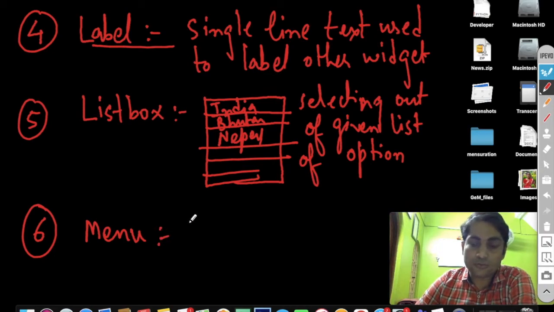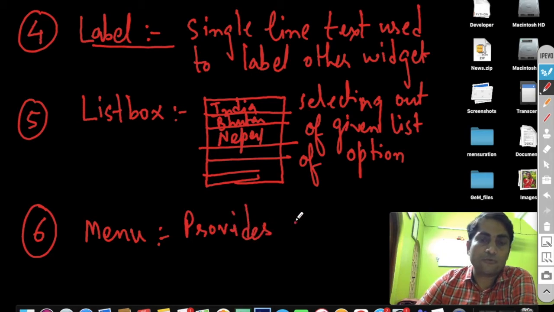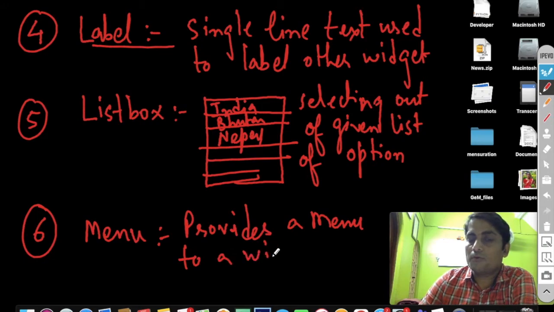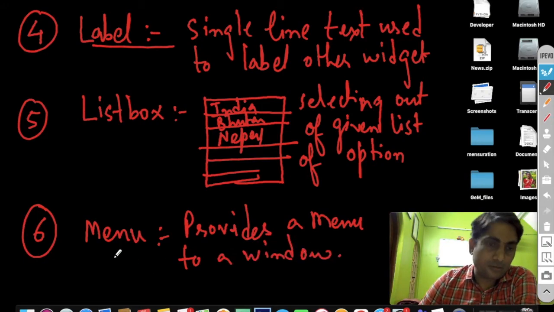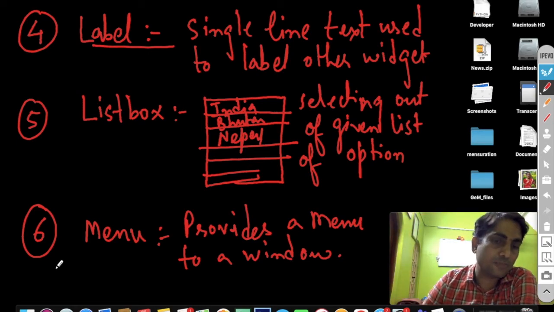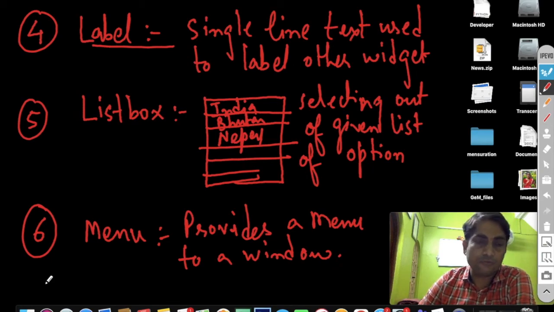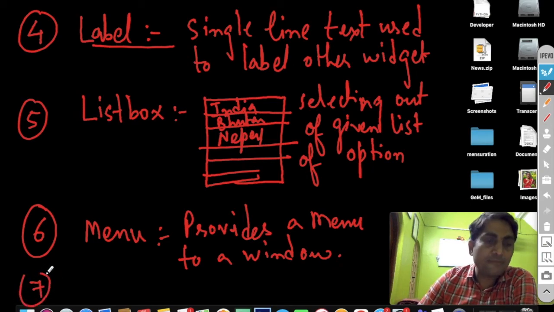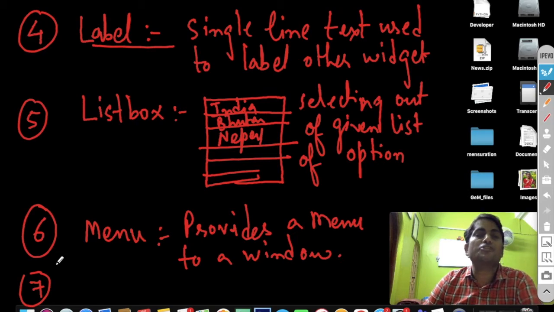The menu widget provides a menu to a window. This is for menu based programming, or if you want to put a list of menus in your window, then you can use this particular widget.